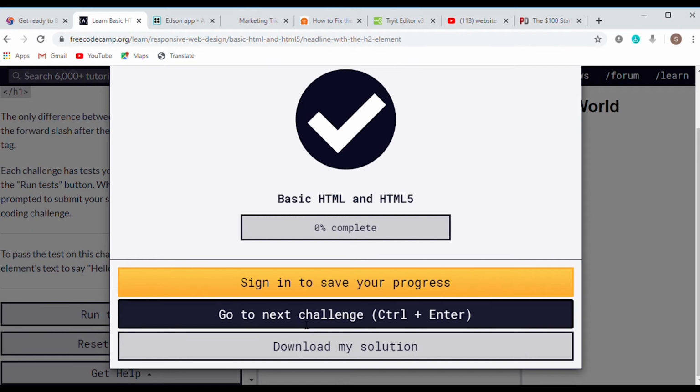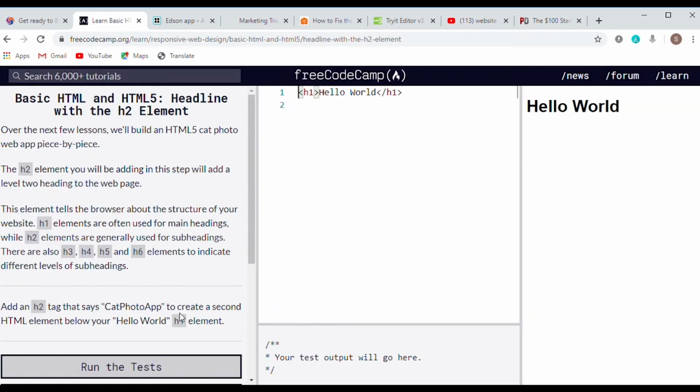You click next challenge, and then you get to the next challenge, and then you get to read the next challenge and stuff like that. So this is really interesting when you are kind of new to programming or to coding. You get to learn much more in depth of what you're doing, because they show you the information right here, and then you can practice right here, and then it comes up right here on this screen to your extreme right.